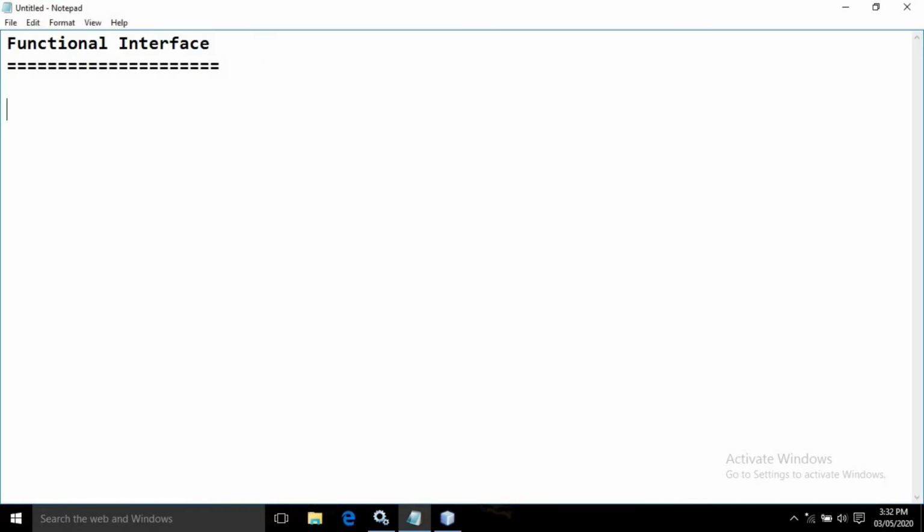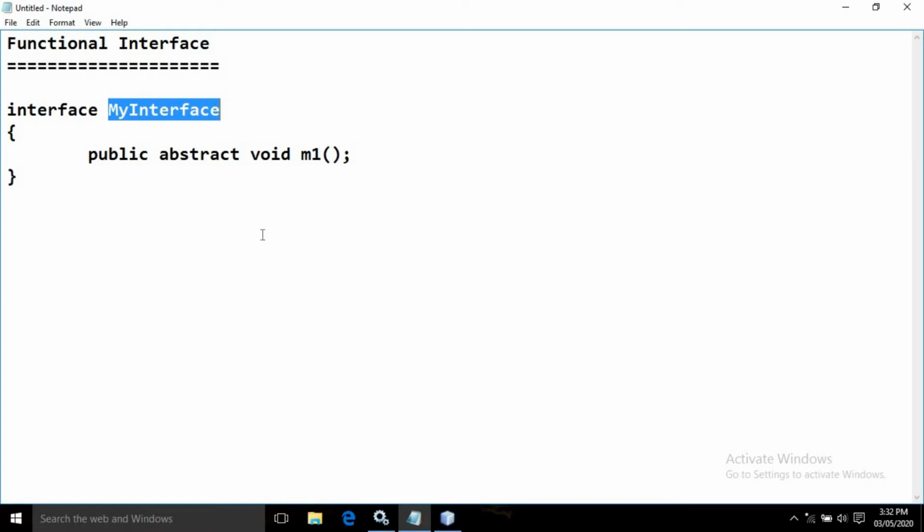Suppose I am writing an interface named MyInterface, and I define a method like this: public abstract void m1. This interface contains only a single abstract method, so we can say it is a functional interface.